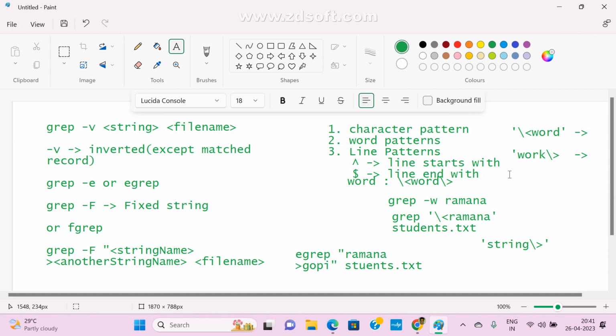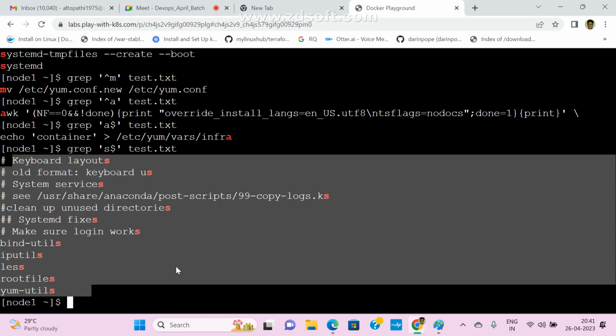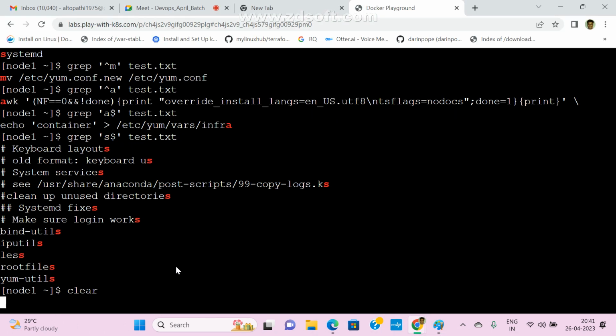Yes, sir. Suppose I want to check whether lines end with or start with a number. In that case also we can use it. Now grep, single quote, 0 to 9 in brackets, and then dollar. Dollar means the end side, and caret means the start side. So it will display lines that end with any number.